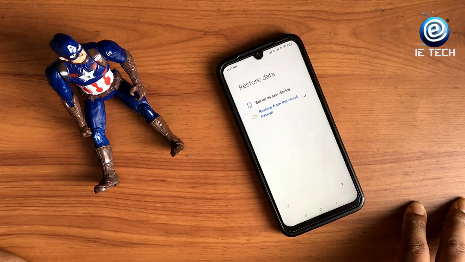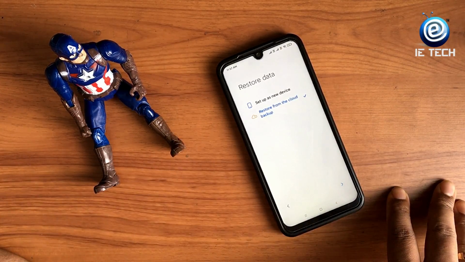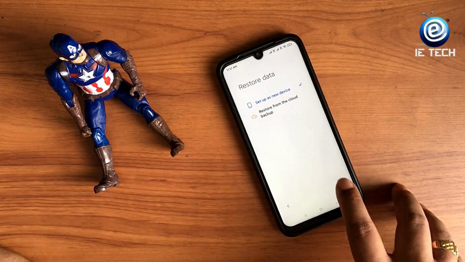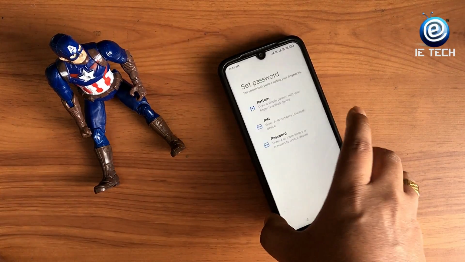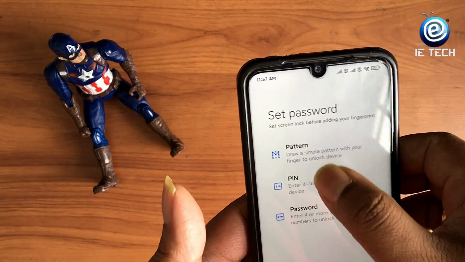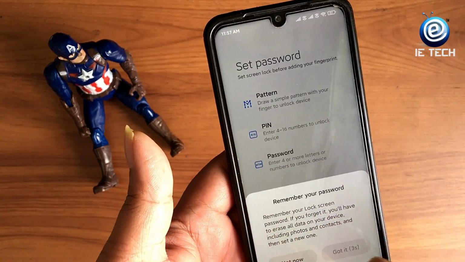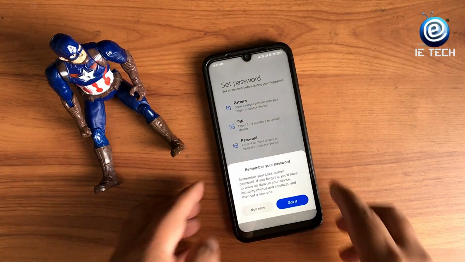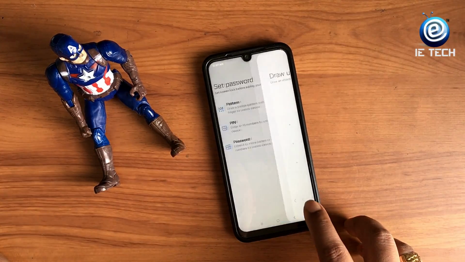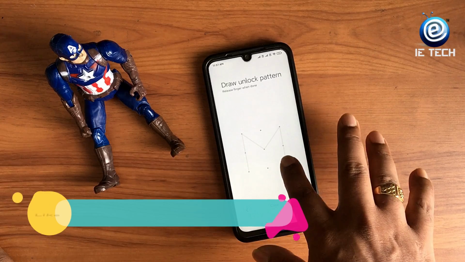It is talking to the Mi Cloud. I will set it up as a new device. Okay, and then comes the fingerprint. So I will give you a pattern here. I prefer pattern over pin. So as you can see, sorry, I'll give this pattern.